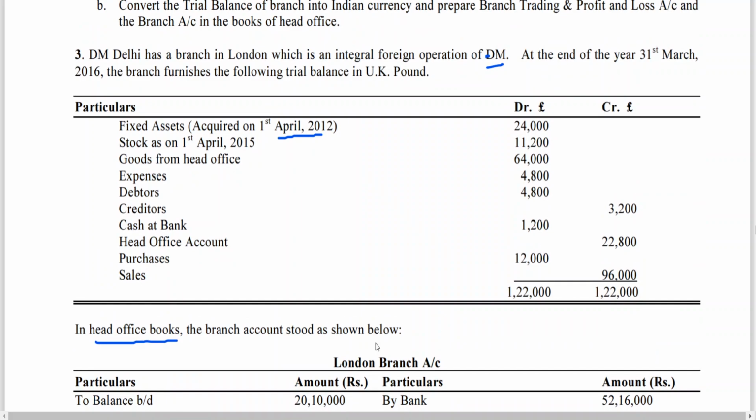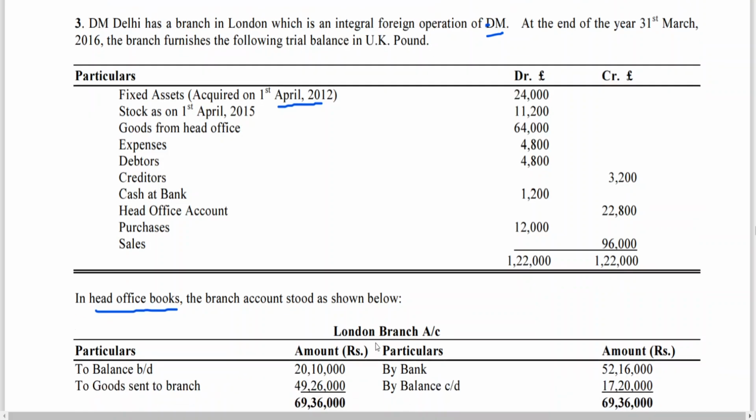So I gave you time to go through this. The reason is that you will have some framing, some idea of what things we need to do. The previous problem was done with dollars; now we are doing it with pounds.